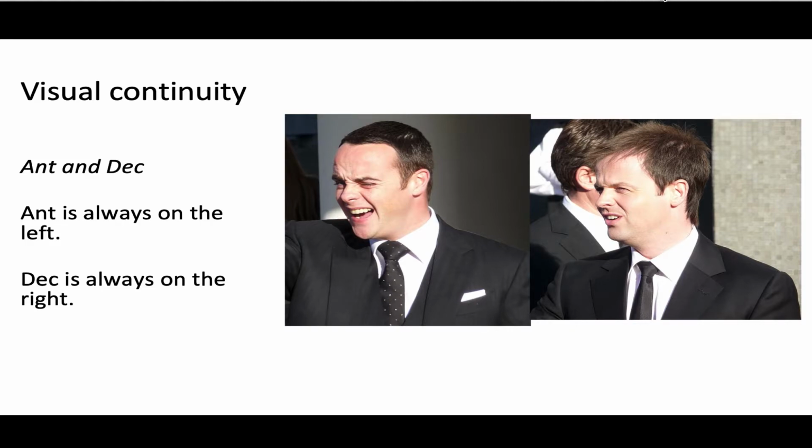If you think about Ant and Dec, Ant is always on the left and Dec is always on the right. If you go ahead and Google them, you will see that this visual harmony is maintained: Ant on the left, Dec on the right. They maintain this at all times because it's Ant and Dec, not Dec and Ant. It might seem like a small thing, but they do this all the time